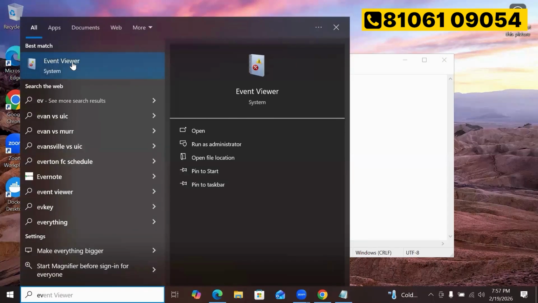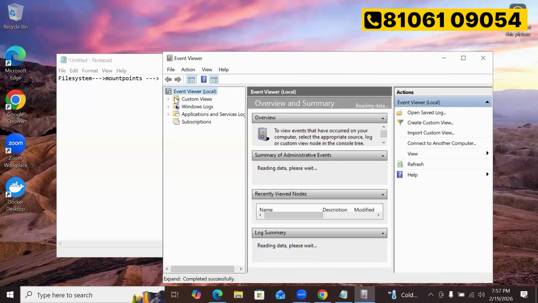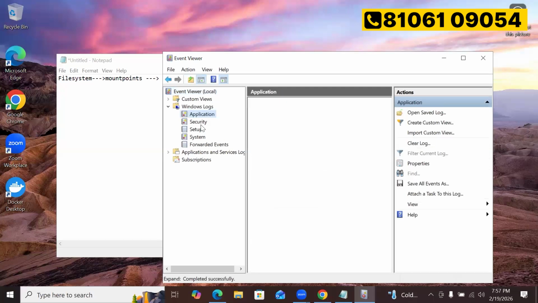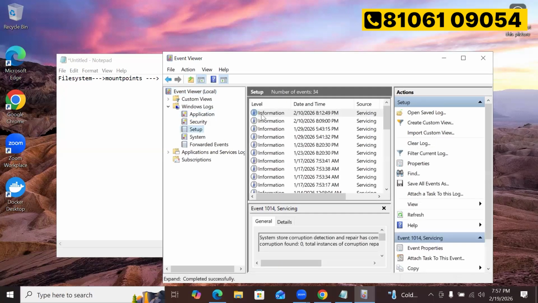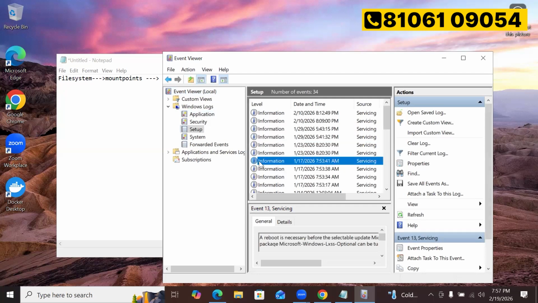If you want to troubleshoot what went wrong, you can look at it in event viewer: custom views, Windows logs, application logs, security logs. In the event viewer, we can see all the logs, some are information, some are errors.